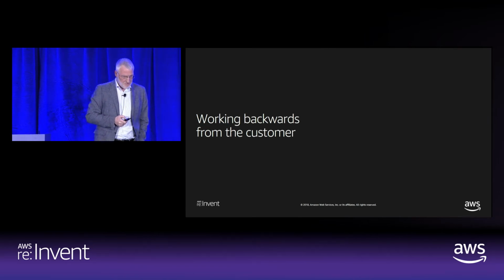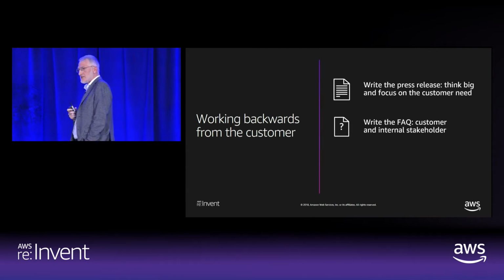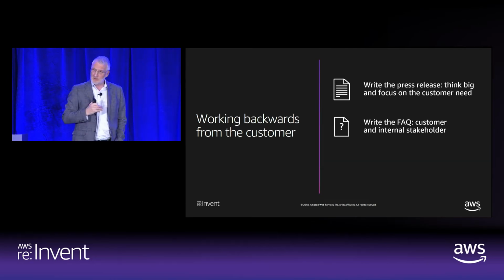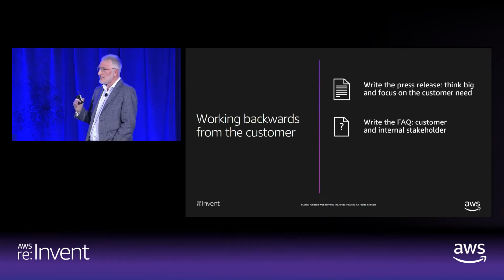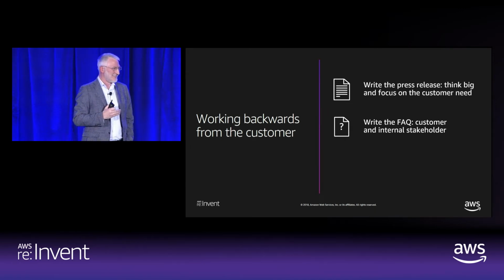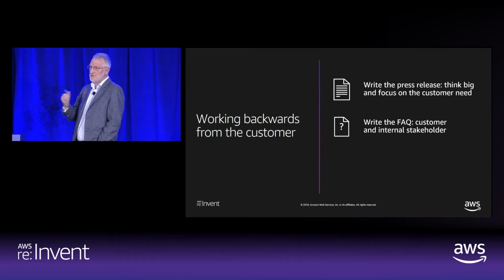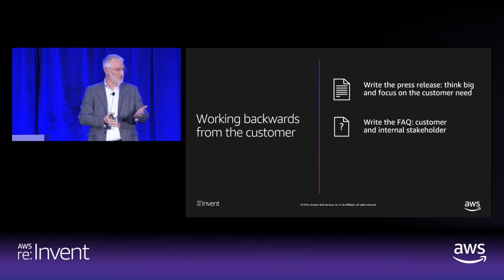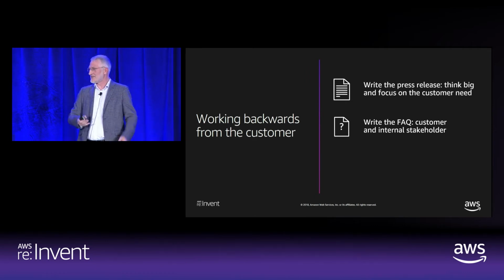And then we'll write an FAQ that goes with it, frequently asked questions. These are questions that our customers might ask in the future, but also include internal questions for the teams. And these should include all the really hard questions, the things that scare people. We use this to communicate the idea because we've already answered those frequently asked questions. So we don't have to spend a lot of time in meetings debating it and talking about it. We just hand the paper out, you read it, and you have a good idea of what's happening. And if there's a question that's not in there, you add it, and somebody has to answer it.